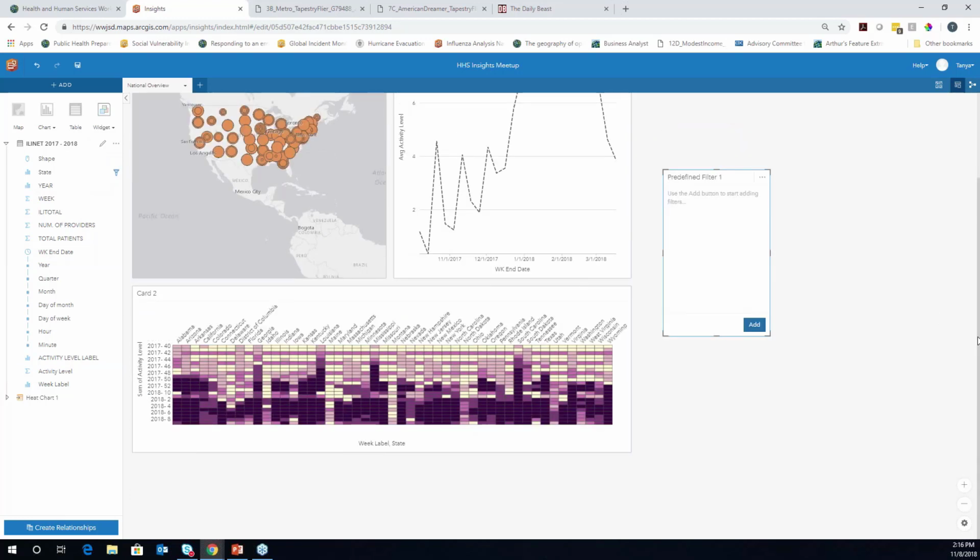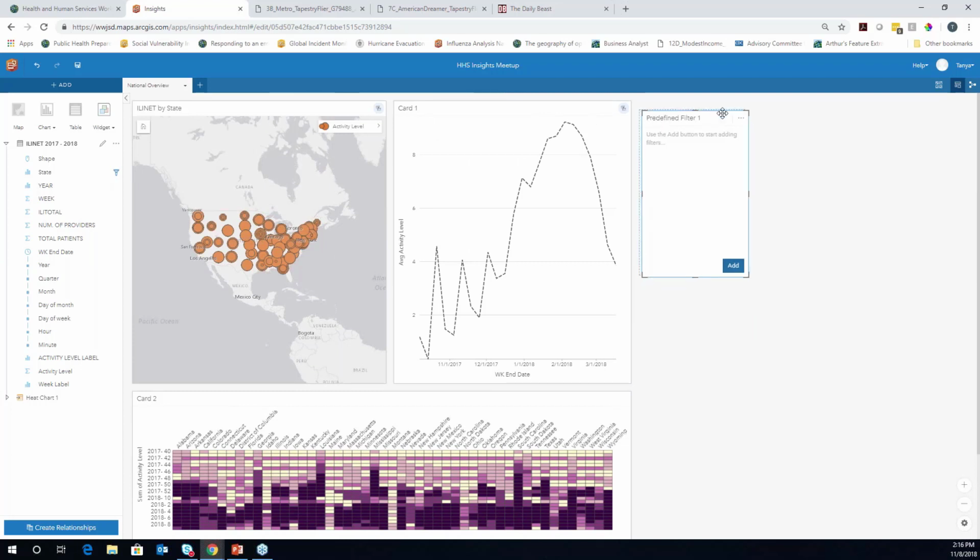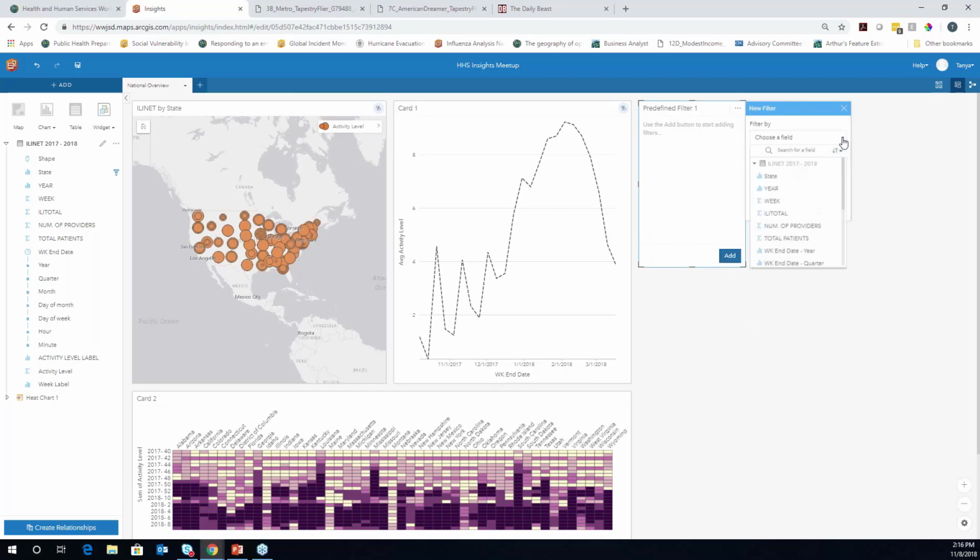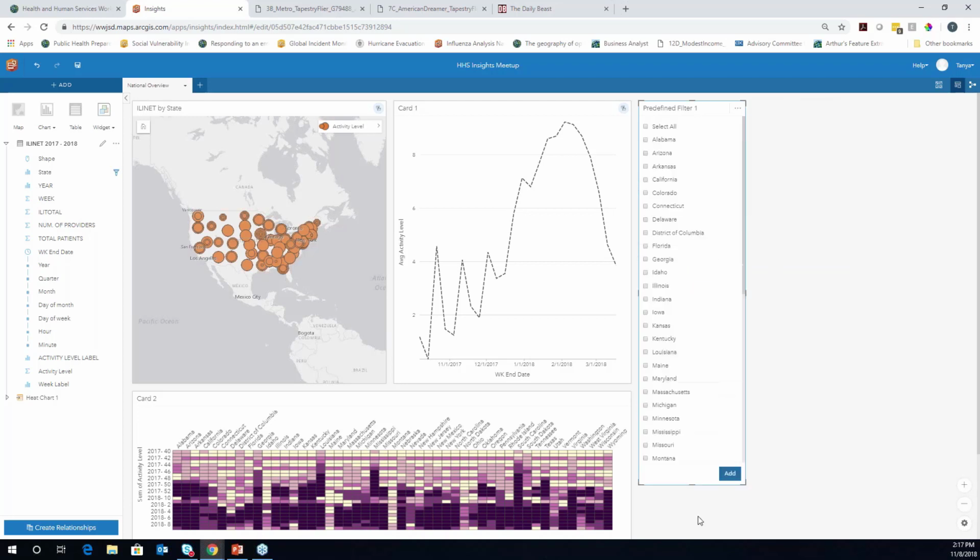Let's move this up so it's a little more visible. So with a predefined filter, I can go in and I could rename this, but in the interest of time, I'm going to leave it. I can go in and I can choose a state, or choose a field. In this case, I've chosen state. Notice that filter that we set early on is propagated here as well. So we won't see Alaska, we won't see Hawaii, and I can go ahead and I can add those. So now I have the ability to go ahead and just choose a state. I'm going to save this,